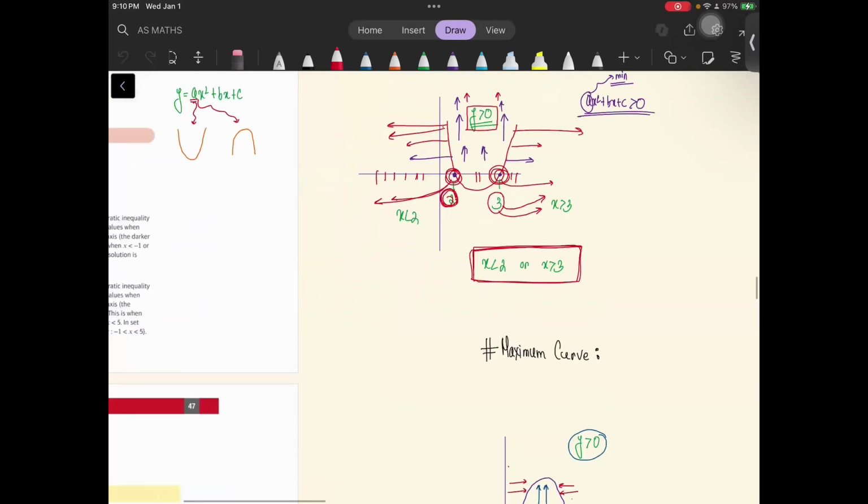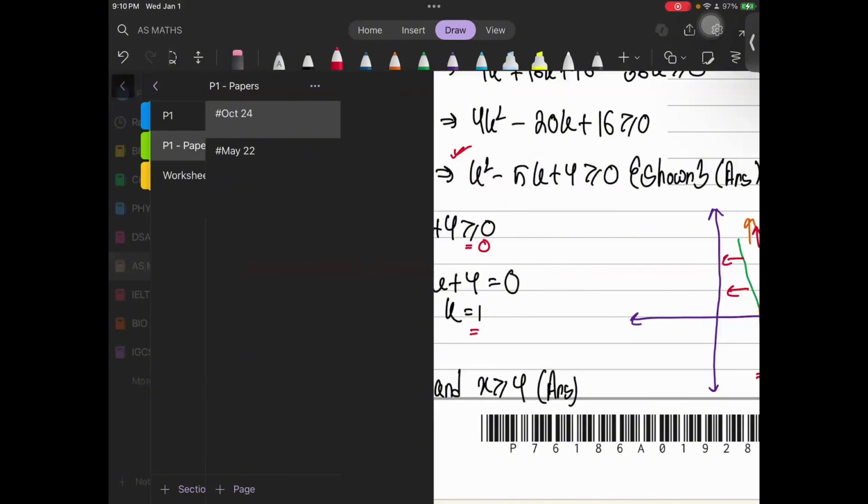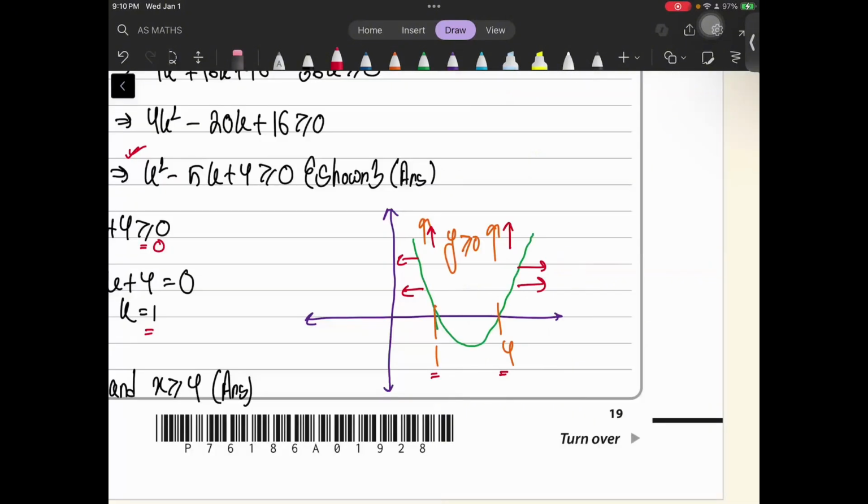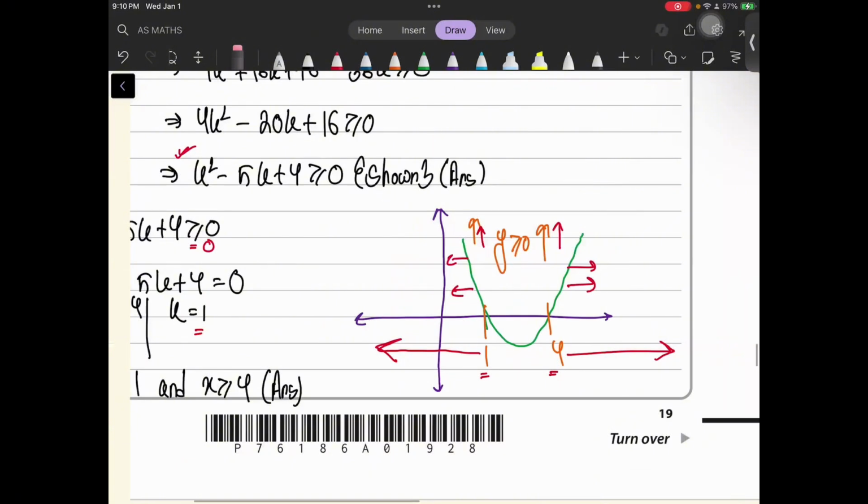So as it bulges outward, it means that the value of k should be less than or equal to 1, and the value of k should be greater than or equal to 4, right? As the curve is going outwards, the values are going outwards. And if for instance the values were going inwards,